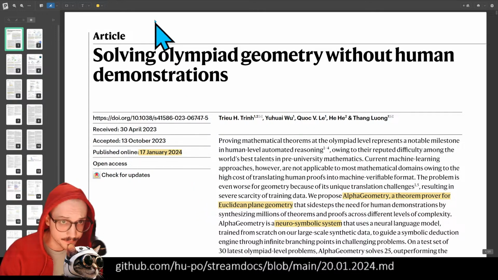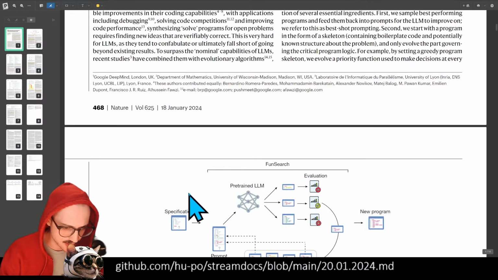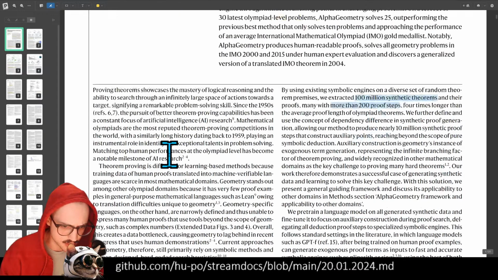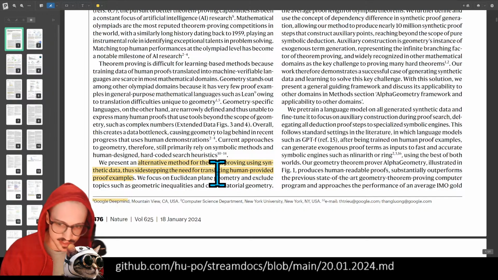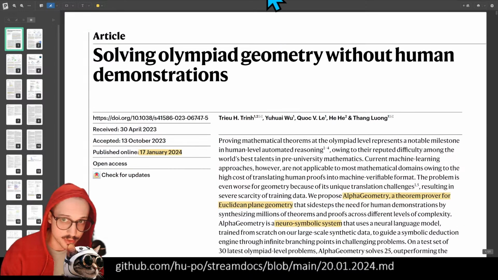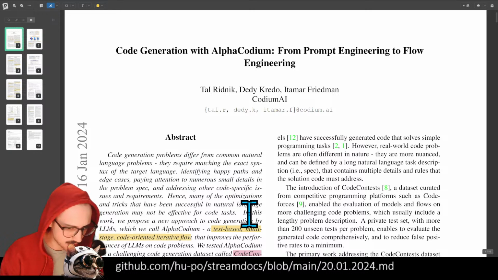approval and eventually publishing. The second paper we will be looking at today is called Mathematical Discoveries from Program Search with Large Language Models. This also went into Nature, so also a very slow process, and even though it was written on 12th August 2023, it didn't come out until 14th December 2023. This is also a DeepMind paper, although this is the Google DeepMind in the London, UK office rather than this one here, which is the Mountain View, CA office. Those are the two DeepMind papers, which I actually think are the two weaker papers that we'll be reading today. There's a couple problems that I have with these,